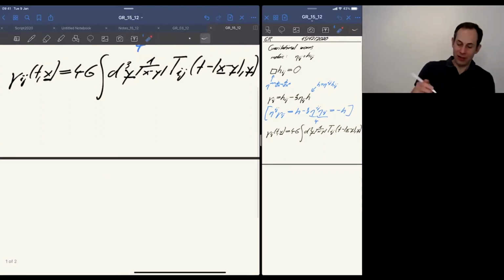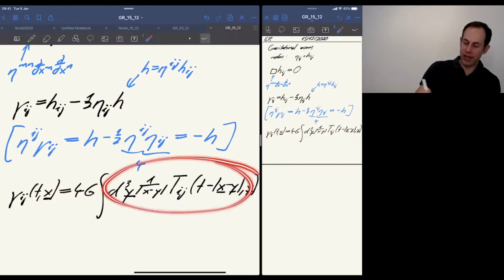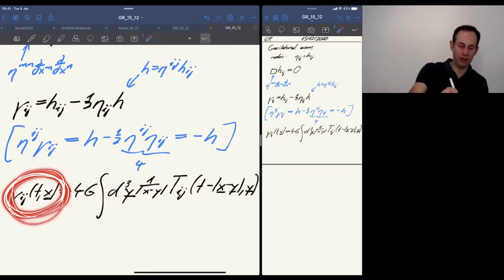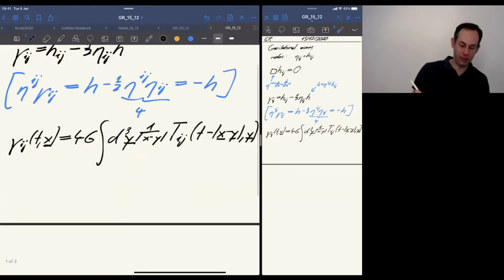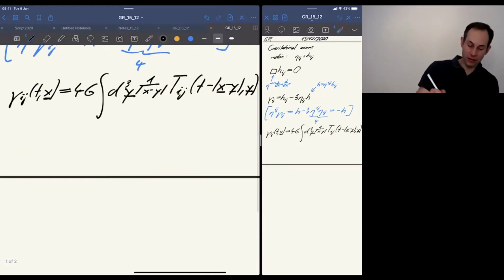And then it's clear what will happen. If you have a source whose behavior has a frequency omega, something like some T_ij times some periodic function, cos omega t or sine omega t, then of course I will have the very same periodic behavior on the left-hand side. That's also something you know from electrodynamics. So roughly speaking, we could say that what we'll have for a source with fixed frequency